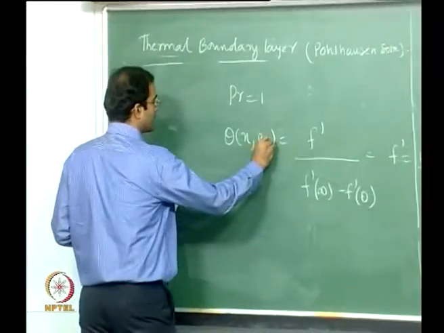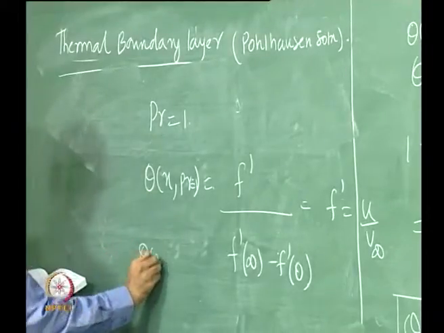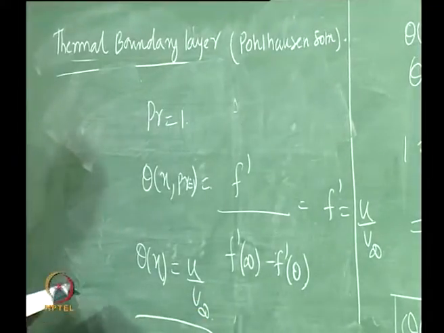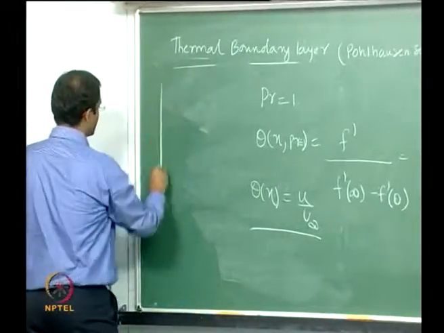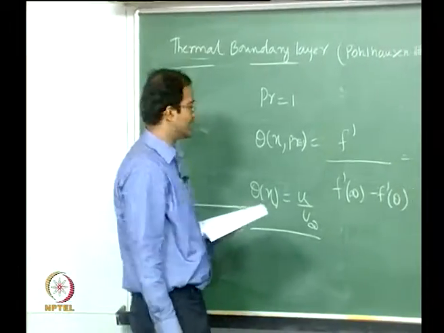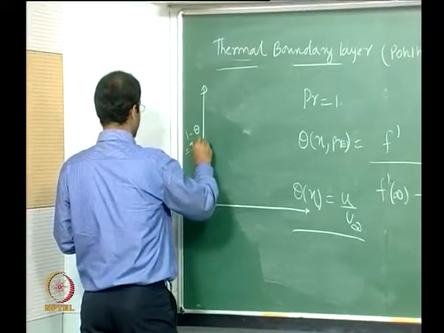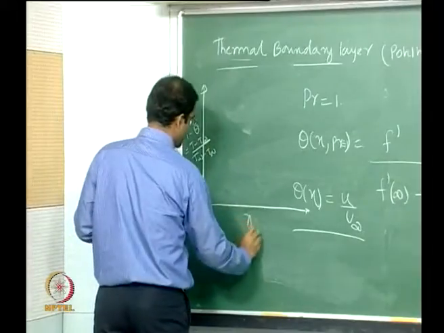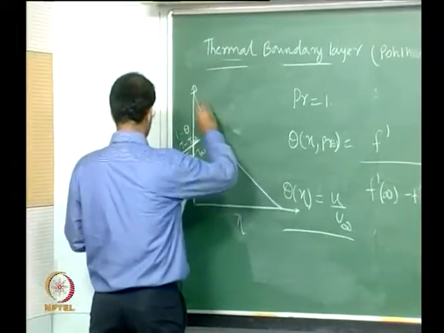Therefore, for the particular case of Prandtl number equal to 1, your theta is exactly equal to f prime. In fact, if you go ahead and complete the solution for different values of Prandtl number, you can do this numerically as a nice exercise and plot 1 minus theta, which is T minus T infinity by T wall minus T infinity, as a function of eta. Okay, you will find curves like this.